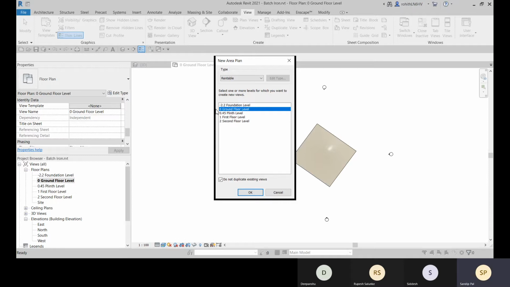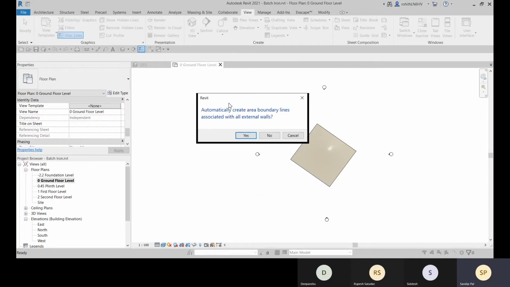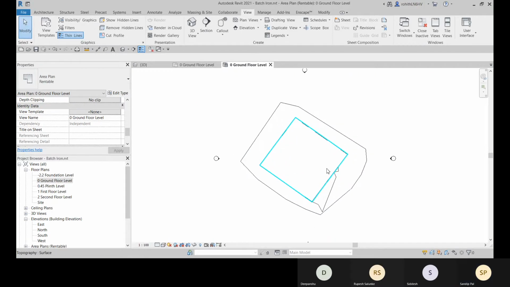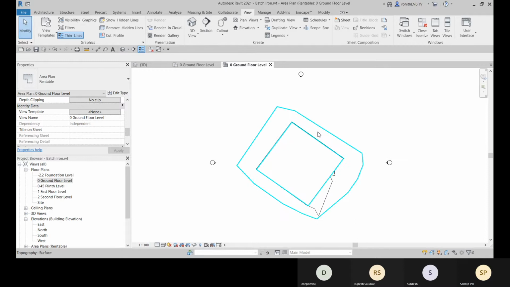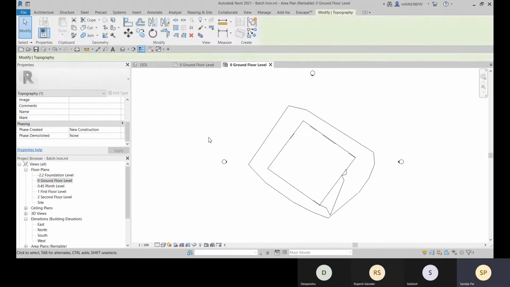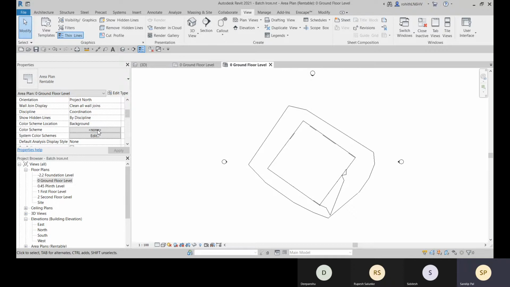So you choose this one and click here, and you need to create the external walls, or if you don't want to create automatically, just go with no. So here you can see right now it looks like this.